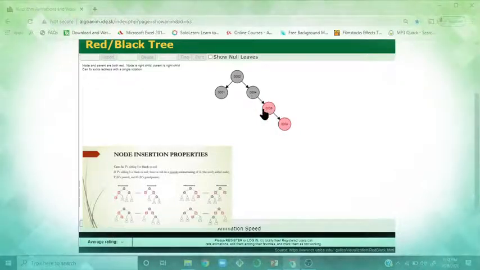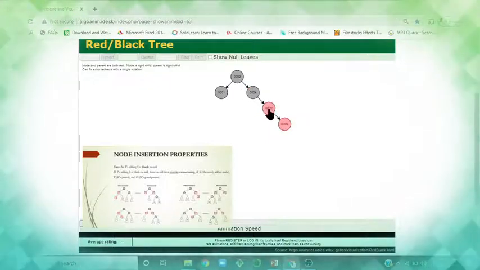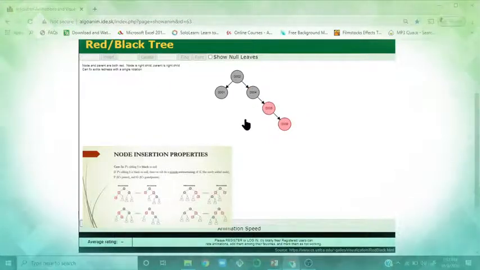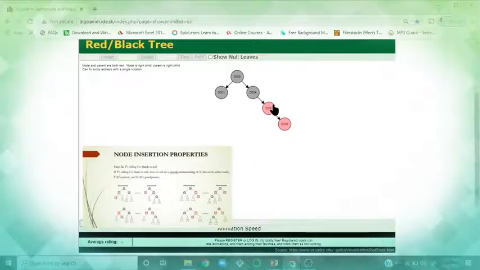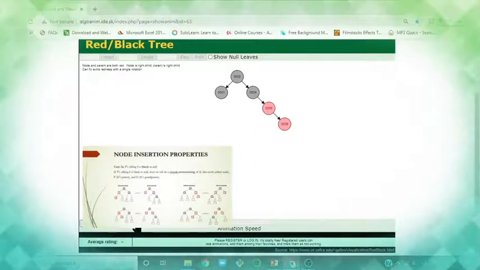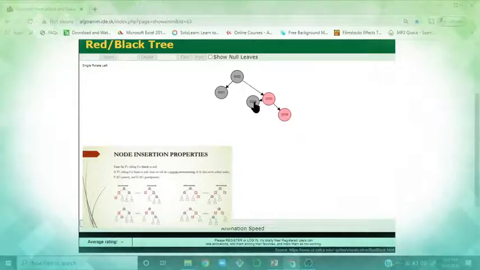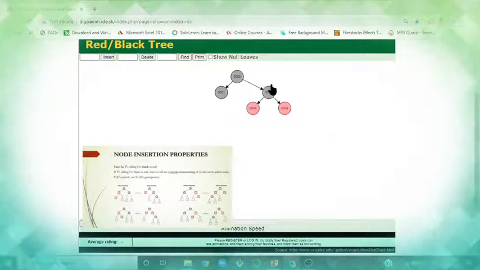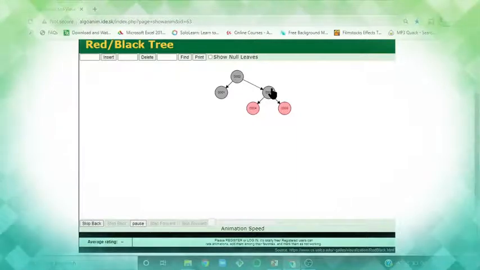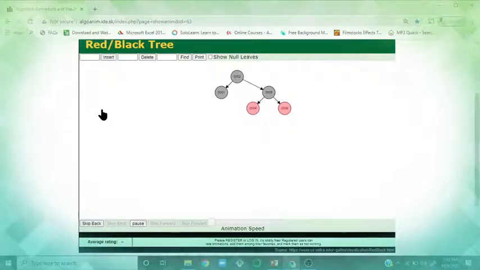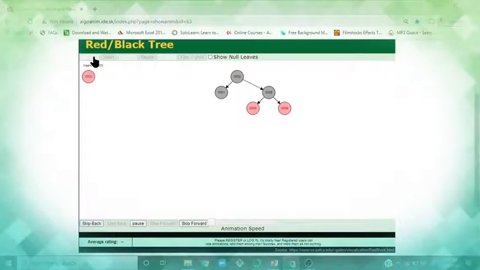Everything is at the right side, so we make a left single rotation. That means the 5 goes up, 4 comes to the left and 9 goes to the right. And again 4, when it comes down, it turns out to be red color, and this 5 remains as same. See, 5 goes up and 4 comes down. The leaf will be in red, but the parent will be in black color. So that's for 9.